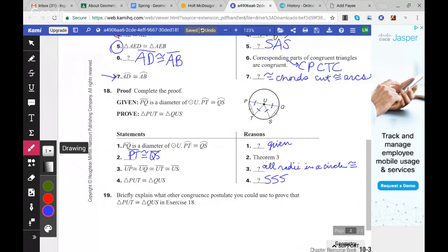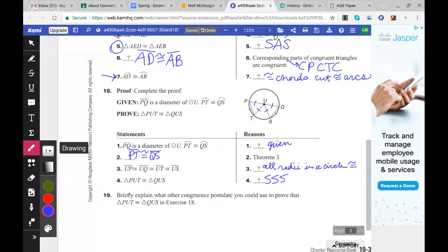So I don't know if the CTC messed me up for number 4, but I got a side congruence. That is correct. Awesome. Very good. Thank you. And then for number 19,